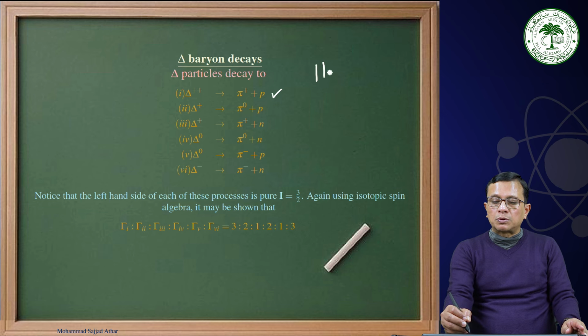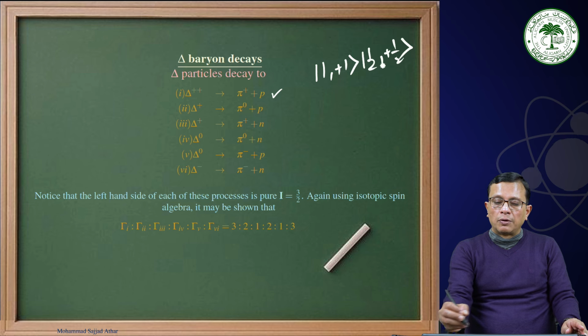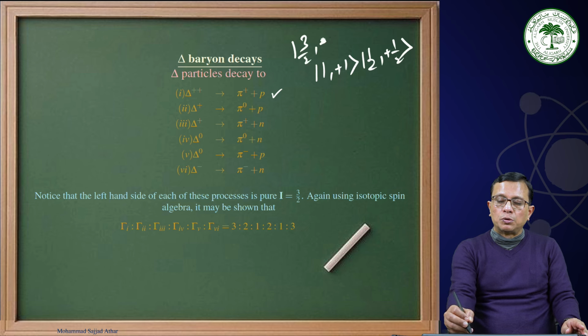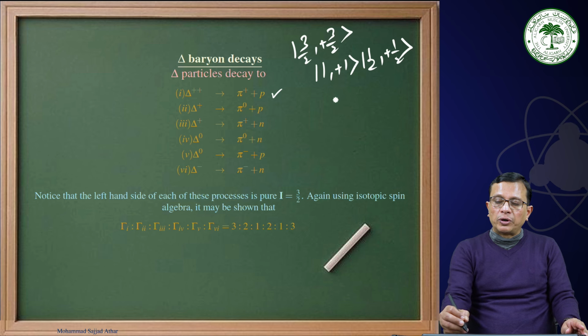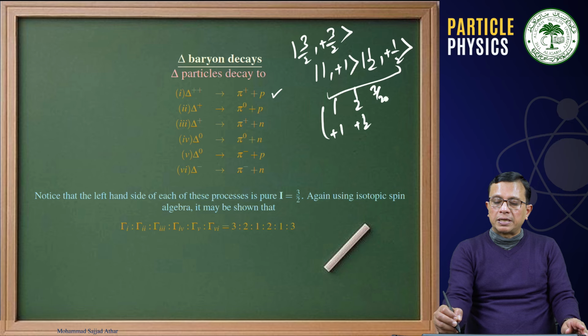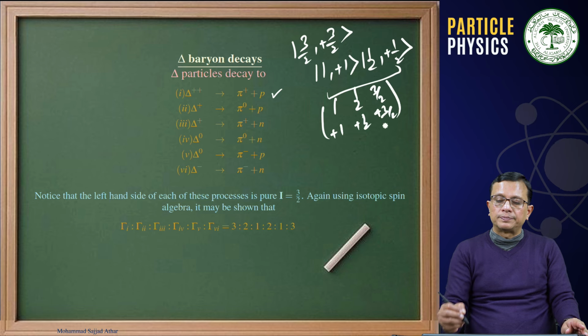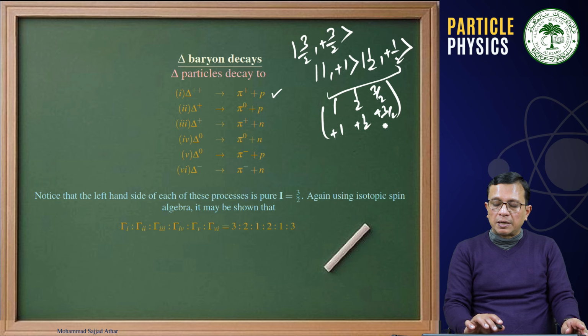Pi plus p is 1 plus 1, half plus half. Delta plus plus is 3 by 2 plus 3 by 2. Therefore, if you again combine this, I have 1 plus 1, half plus half, giving me 3 by 2 plus 3 by 2. Therefore, the method which we have adopted in the previous case, if I follow the same method